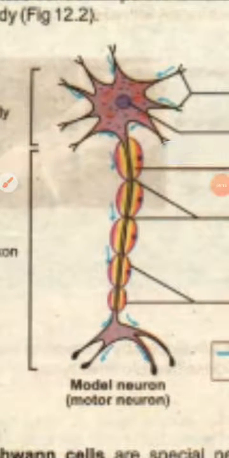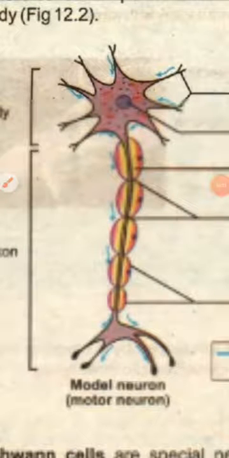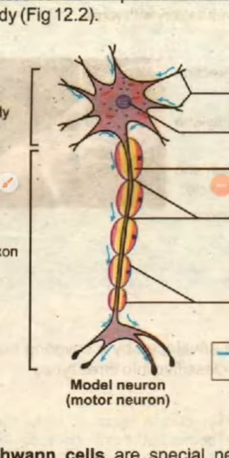Now I will tell you exactly the structure of the neuron. Now you have to be very attentive. This is a cell, a precious cell of the nervous system. If the nervous system is the boss of your body, if the nervous system is controlling all parts of the body, it is just because of this cell.